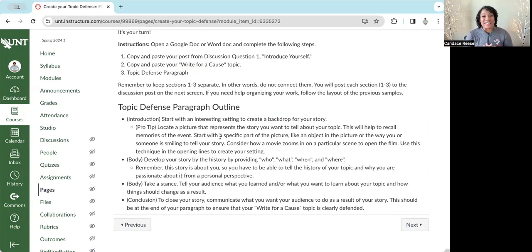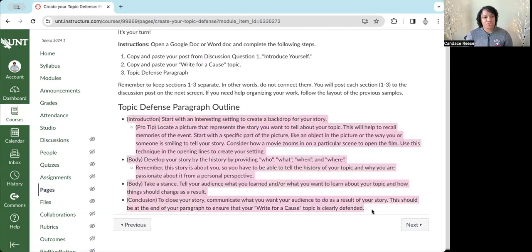This class is not intended to be hard, even though it is hard. This is a hard class, not because I made it hard, just because the class itself is hard. But I've done my best to give you what I call the cliff notes or the shortcuts to make it easy. And so you'll have these structures in each unit. You'll have videos, you'll have details, you'll have samples, you'll have everything, but you have to access them in order to be successful. All right.